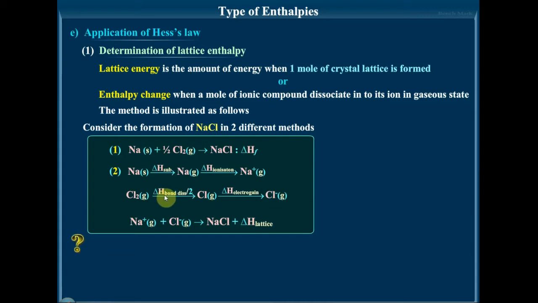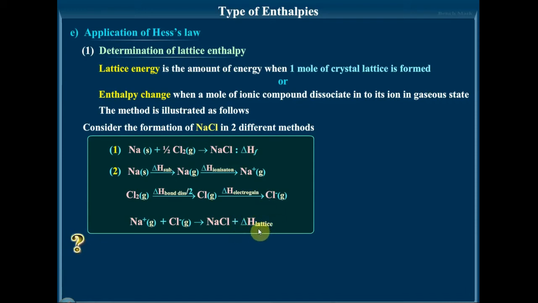So this is the third step, and the fourth step is chlorine in the gaseous state accepting an electron to form an anion Cl minus. We have all learned in the periodic classification of elements that this energy change is called the electron gain enthalpy, and that is why it's written here delta H electron gain enthalpy. So Na plus is formed, Cl minus is formed. These two oppositely charged ions will come together, will pack up together to form NaCl. And here the energy is liberated, and the energy liberated is called the lattice enthalpy.